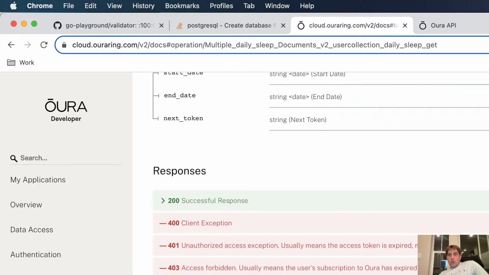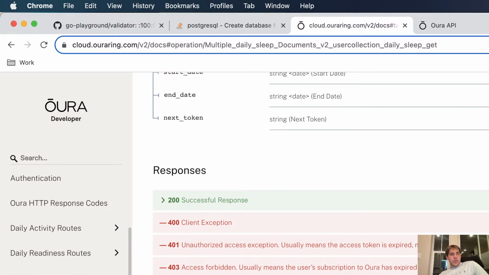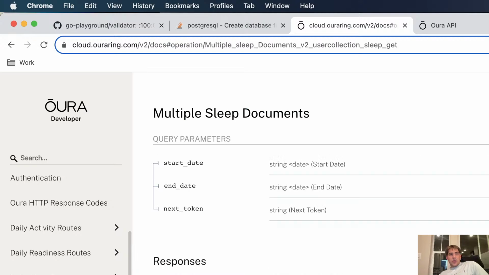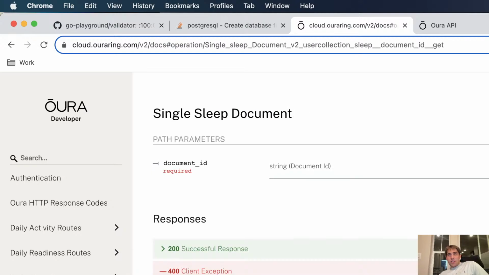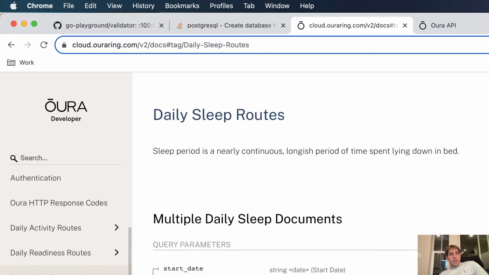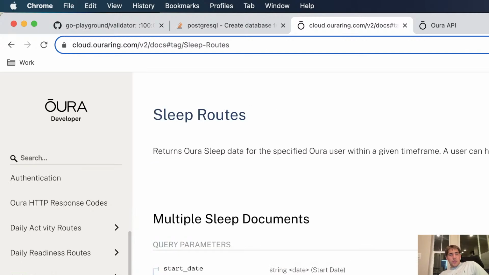Score. Timestamp. Session routes. Sleep routes. What's the difference? Daily sleep. Single sleep document. Why do they have daily sleep routes? I guess they're just different. It's weird though. Okay.